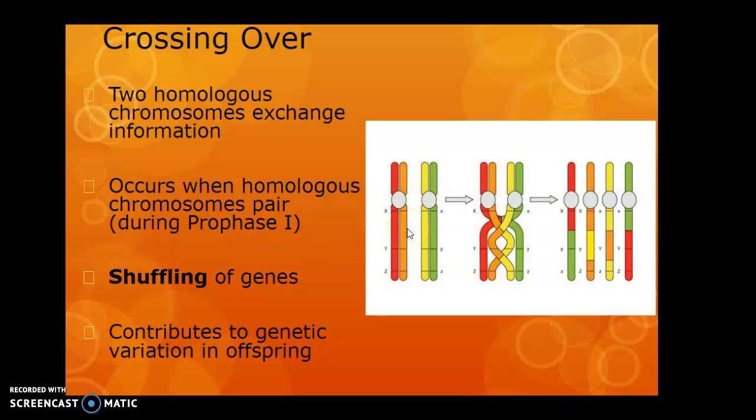So here's a kind of a cartoon picture of that. Notice this is a chromosome, and here's its matching chromosome. So these two are alike, and therefore they are homologous chromosomes. When they line up next to each other, they are flimsy, flexible structures. They can get tangled and trade pieces. So if you follow the colors here, notice this chromosome piece was red. Now it is red with a little bit of green. So notice they traded pieces here. Notice that green has a piece from the red. So we actually had multiple crossing over events occurring. So now this pair of chromosomes, as it's passed down, will have a different genetic combination than it received from its original parent.